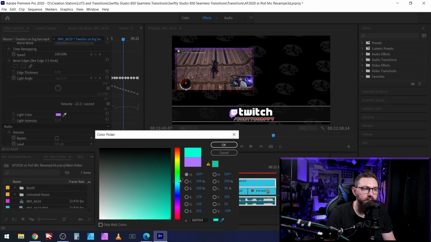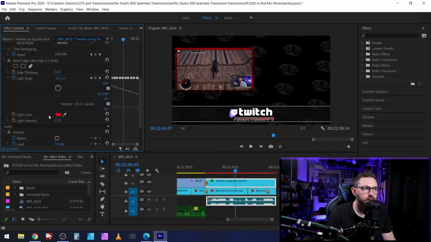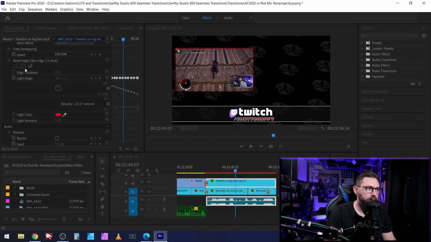But I like to do it this way because it's a very subtle concept. So if you want red, for example, there's a red edge, but the problem is it's a little too much. 0.03, that's a little much too. 0.02. All right. So one last thing with the bevel edge, which it's called